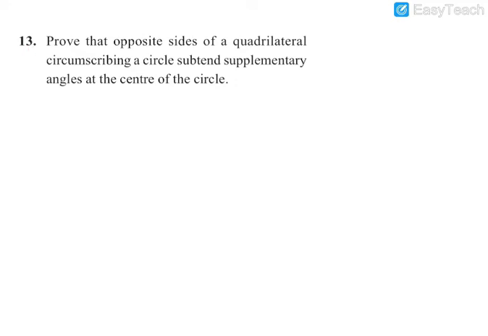Question number 13. Prove that opposite sides of a quadrilateral circumscribing a circle subtend supplementary angles at the center of the circle. For this question, a figure needs to be drawn. We need to draw a quadrilateral circumscribing a circle. So first we will draw a circle, and then we will draw a quadrilateral